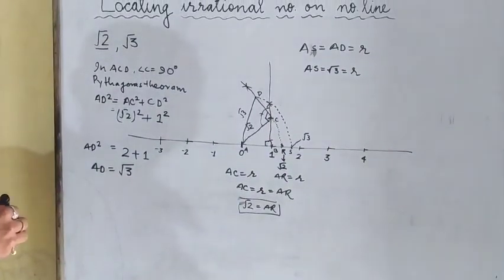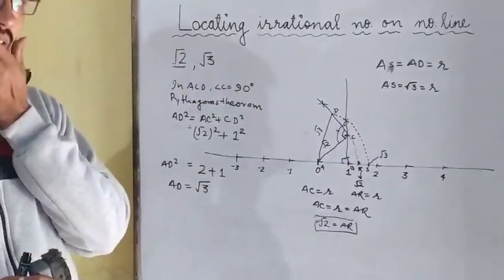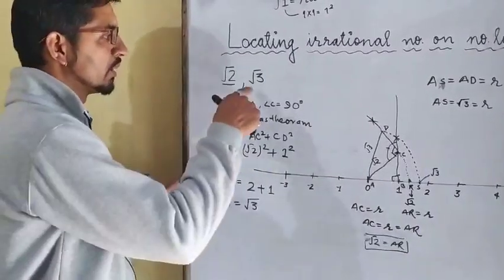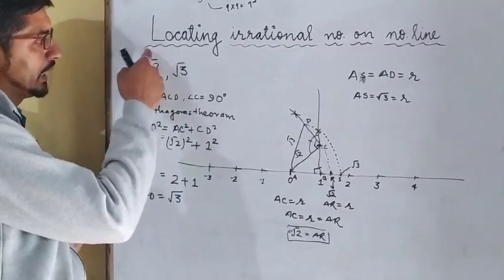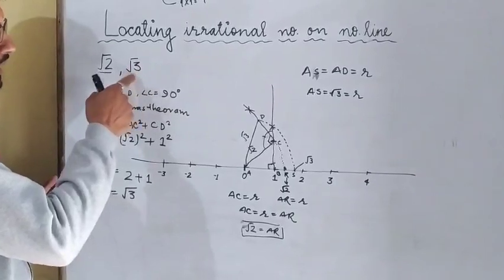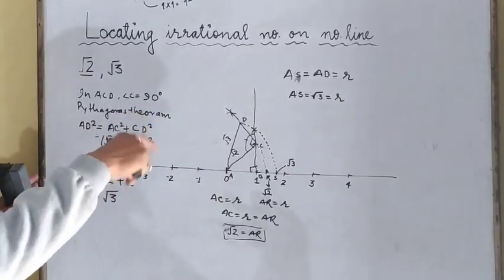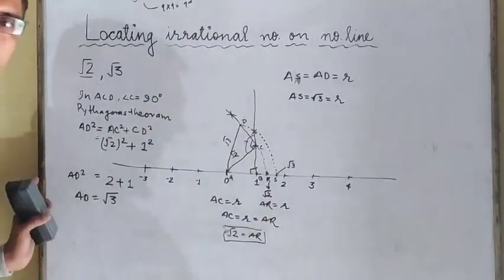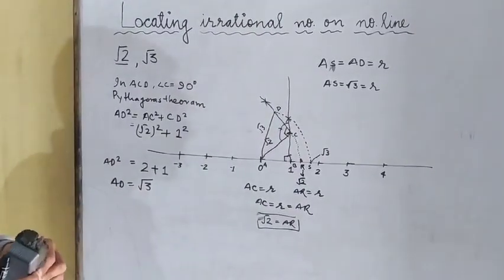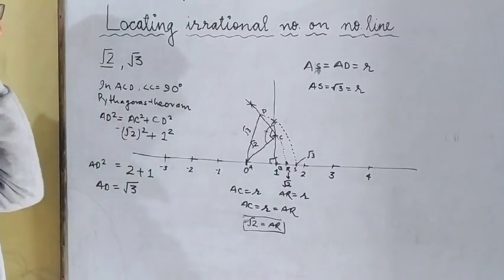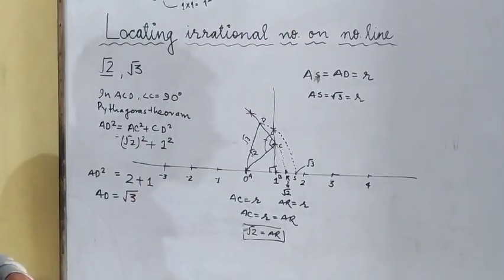Now up to here, you got ki how to find an irrational number on a number line. The process is कैसे पता करते हैं root 3 कैसे निकालेंगे? For finding root 3, हमने क्या करना होगा? जस्ट इससे पहले का निकालना होगा पहले. Then we will take again same 1 unit, then cut with the help of arc, then draw a circle. Now in the next video we will find how to locate root 5 and some other numbers on a number line. Okay.